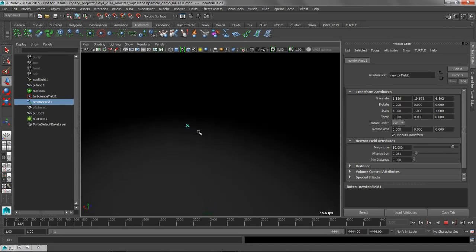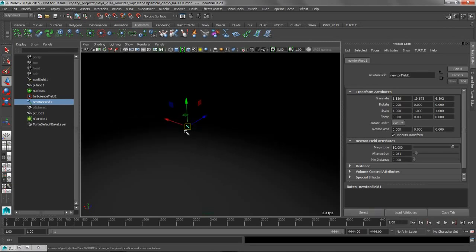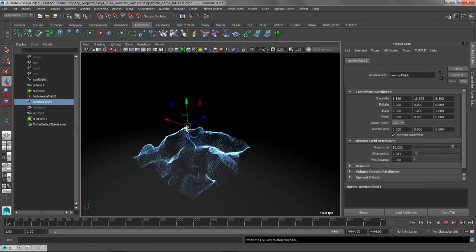Now one thing that I want to do is move this Newton field around and interactively play with it, and I'm going to use interactive playback to do that, which is something that I always do. To add a button to your shelf, just Control Shift left click on it. It adds that interactive playback button onto my shelf. With that done, we can rewind our particles here, hit the interactive playback, and as they start to move